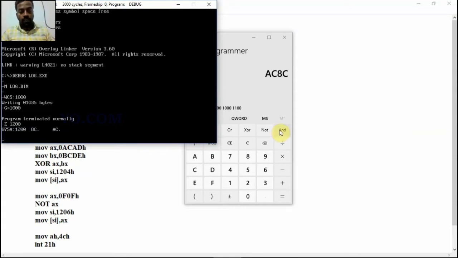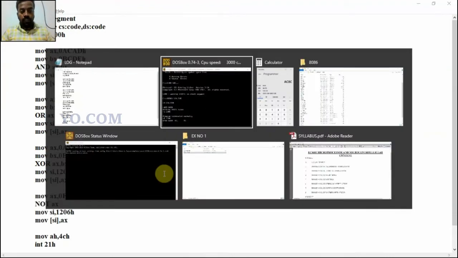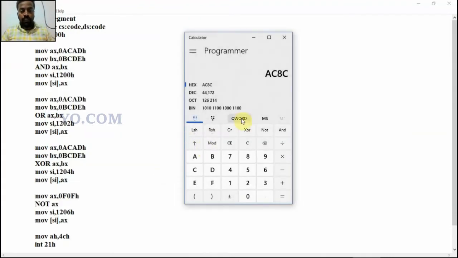Next we are going to see the OR operation. For the OR operation we perform the same input. Just clear it. ACAD, then OR, BCDE.